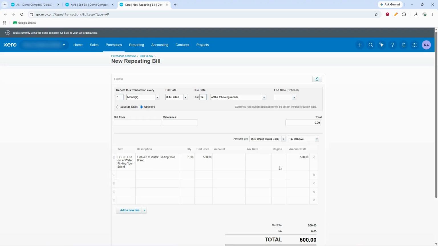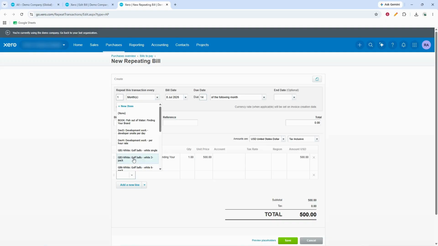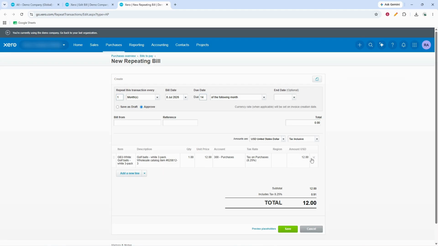If the repeating bill includes more than one item or service, click Add a new line and enter the additional details the same way. When all line items are in place, review the subtotal, tax, and total at the bottom of the bill. Take a moment to confirm that the schedule, supplier, tax treatment, and amounts all match what you expect. This is the point to catch any wrong date, incorrect account, or missing line before the repeating bill starts